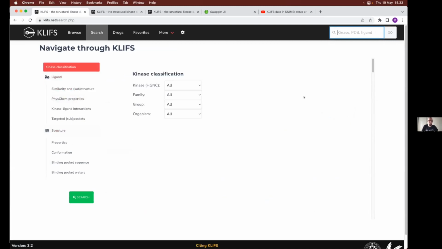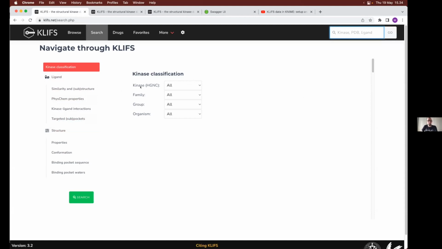It encompasses quite a lot of different options, but you can actually combine all of these different options. So it's not an exclusive one, it's not that you can only search for one specific kinase, but you can actually mix and match all these different search options. So it's a good way of defining very specific and also powerful